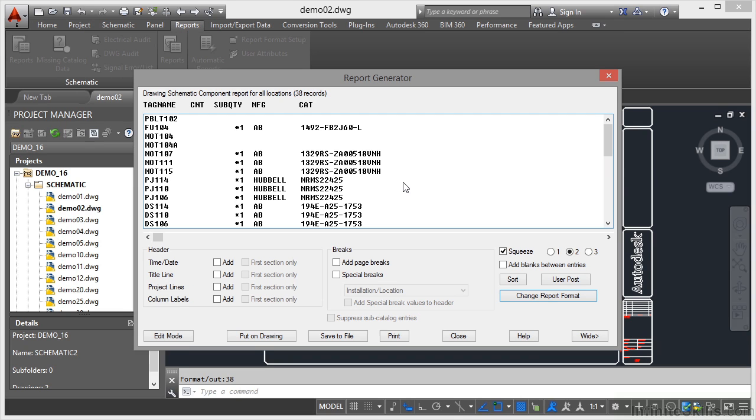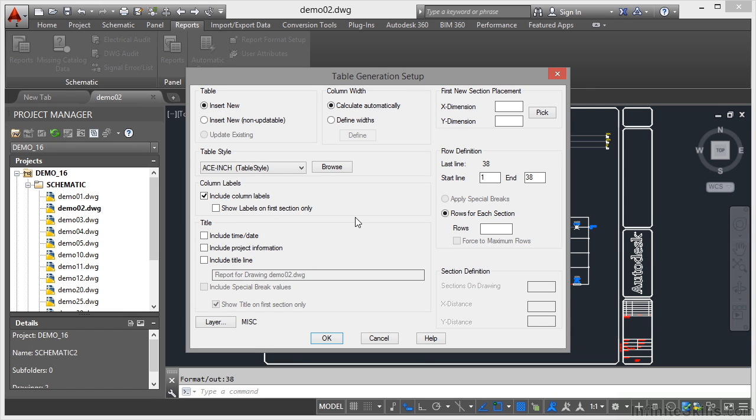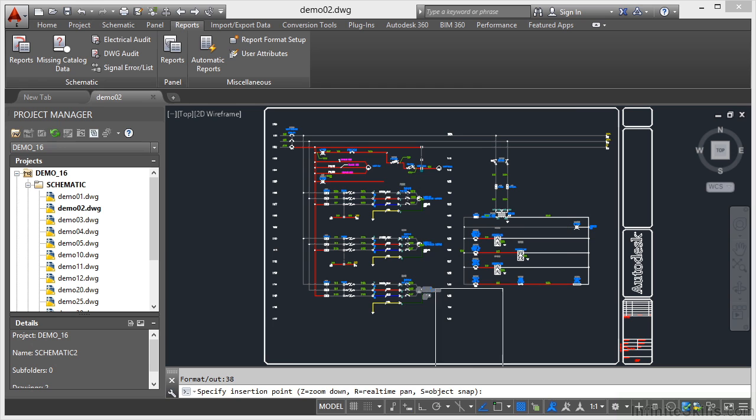Now I want to add this report to the drawing. All I've got to do is click on Put on Drawing. And what will happen is it will give me the options now for a table generation setup. So I'm inserting a new table, calculating the column widths automatically. I can pick where the sections are going to go, set up the row definition, column labels, titles, time, date, project information. I'm just going to go with the default settings for now to show you how to place a report on your drawing. It's a simple case of setting all these settings, clicking on OK, and there's my table